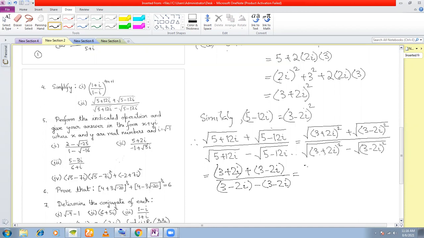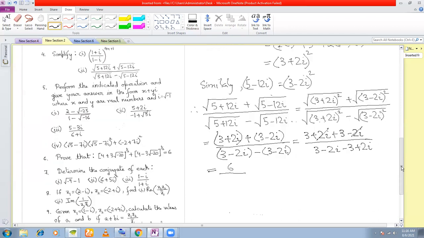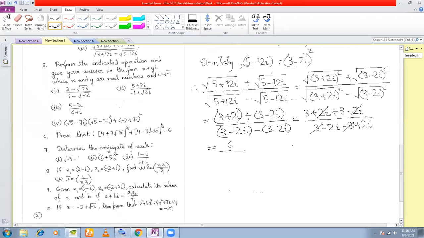Now I open the brackets, 3 plus 2i plus 3 minus 2i divided by 3 plus 2i minus 3 plus 2i, which is equal to, now plus 2i and minus 2i will cancel here. You simply get 6 in the numerator. In the denominator, what will happen? Plus 3 and minus 3 will cancel. Okay, and this should be plus. So I simply get 4i,